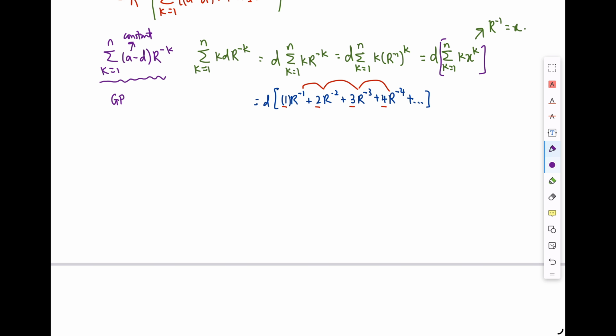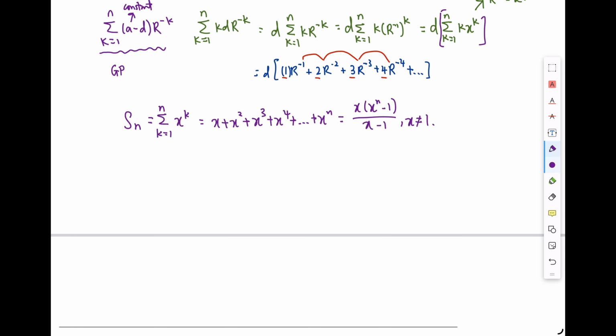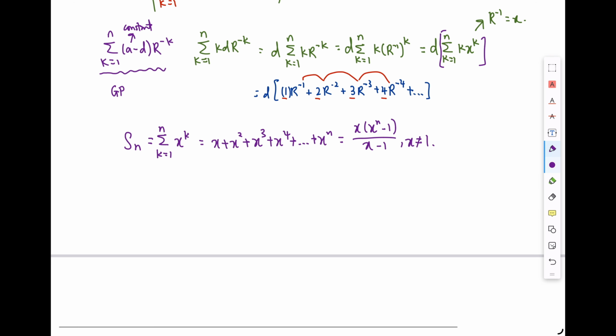One thing that I know is that Sn of a GP, that looks like that, is equal to x plus x squared plus x cubed plus x power 4 dot dot dot until x power n. The GP formula tells us that it's x^n minus 1 over x minus 1 as long as x is not 1, right? So